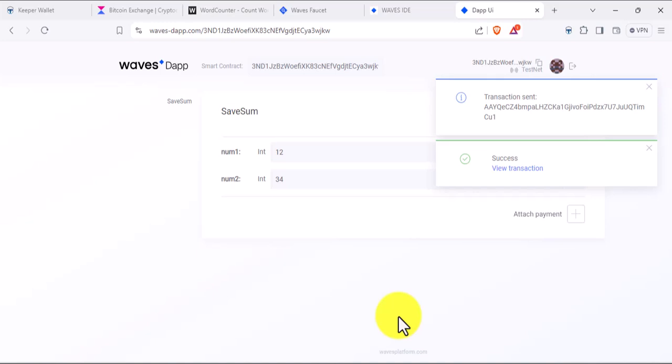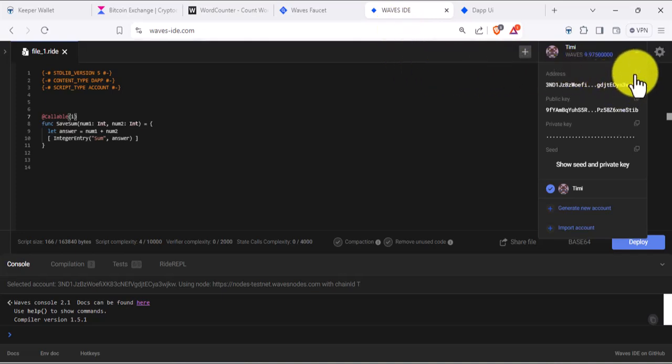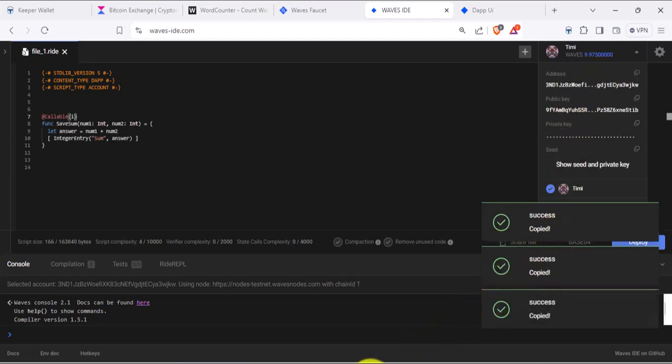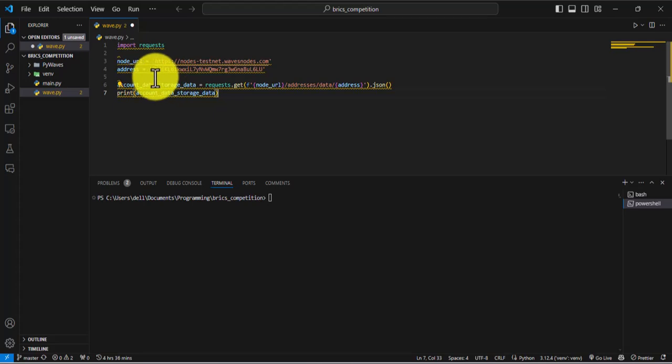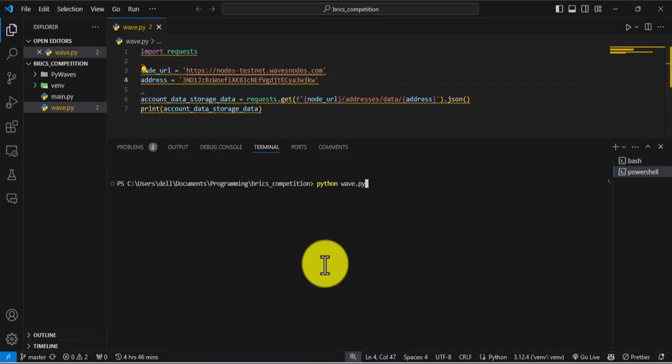So the same way you got your address for you to check with the Explorer, just come to your IDE, then copy your address here. Then come back to your code. Yes, save it, then run it. You know how to run it, right? So replace your address with this. Then you go with what? Python wave.py. Python wave.py. So if you press enter,